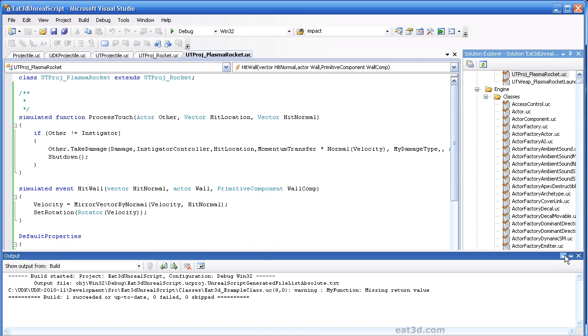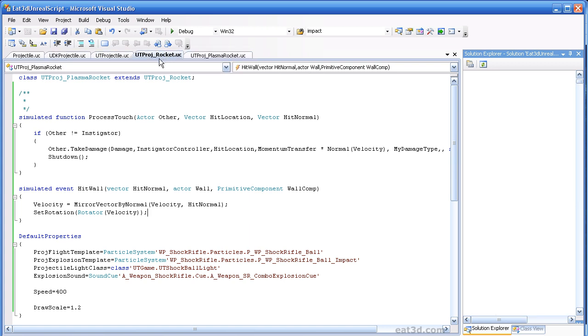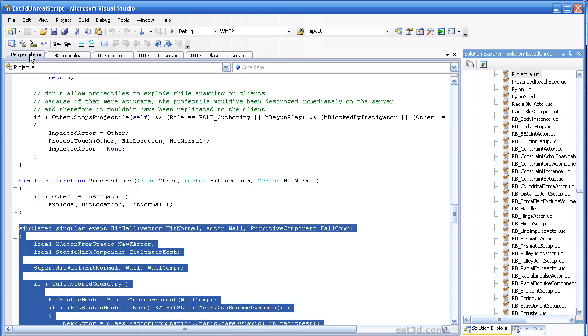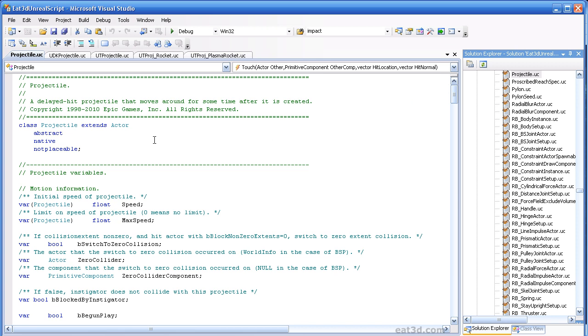Back over in Visual Studio, you can see that we had our new Plasma Rocket class here. All of the other tabs that are open here were pretty much the hierarchy of the class extension. We kind of traced our way back. So plasma rocket derived from rocket, rocket extended projectile, projectile extended UDK projectile, and then we went all the way back to the default projectile class, which if we go to the top, you'll see that it actually just extends actor. So this is where our true projectile starts as far as variables like speed,